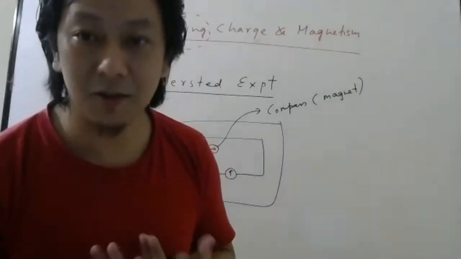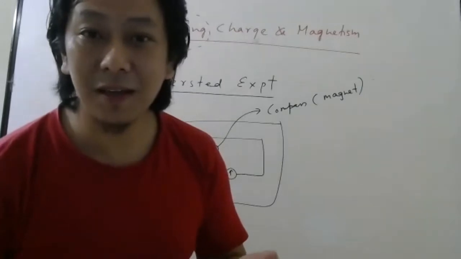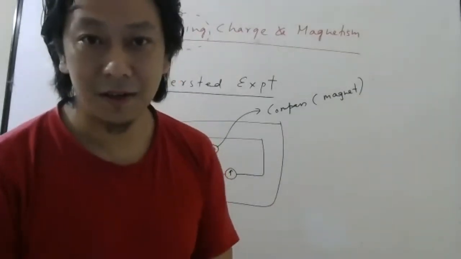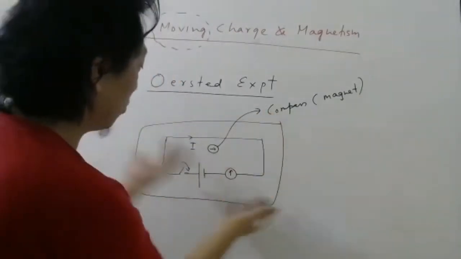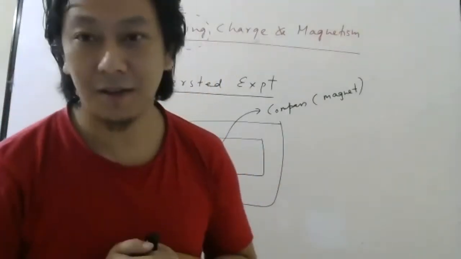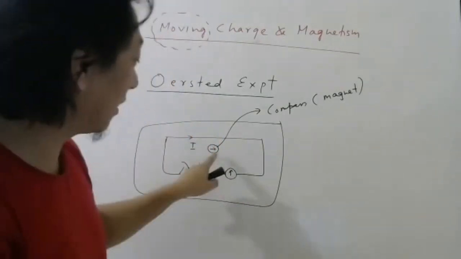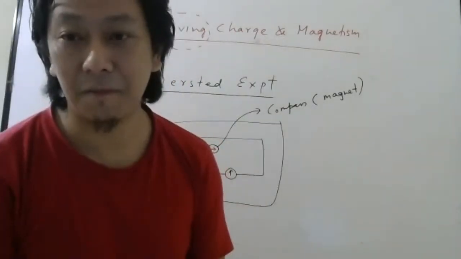And anyways, he knows this is a magnet. And magnets are deflected by magnetic field. There is no magnetic field anywhere. There is no other magnet. So he tried to check. Maybe some magnet is somewhere which is applying force on this magnet. But there was no such magnet.